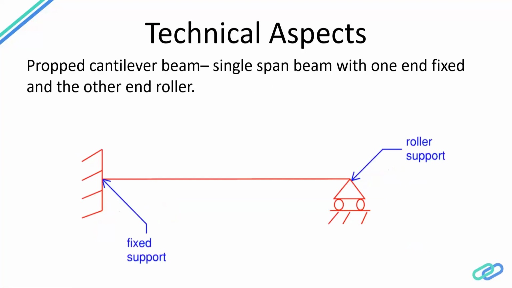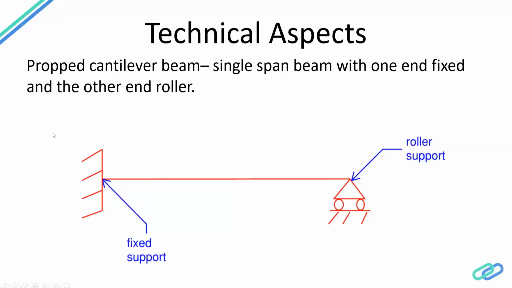That's one example. And then there's this example wherein it's a propped condition, or a propped cantilever, where one end is fixed. That means this end is able to pick up all of the translational degree of freedom reactions, but over here it's just a roller support. One good example of this would be a concrete beam which is supported off of a wall about its minor axis. Say it's a shear wall, and this beam is supported off of the minor axis of the wall. We typically don't design these walls for any minor axis moment, so that joint does not really have much rotational fixity. It's more like a pinned support here, or a roller support rather, for that matter.